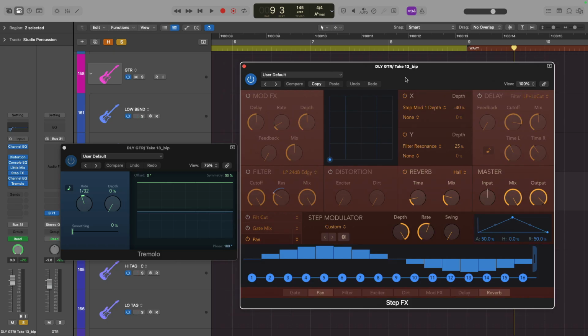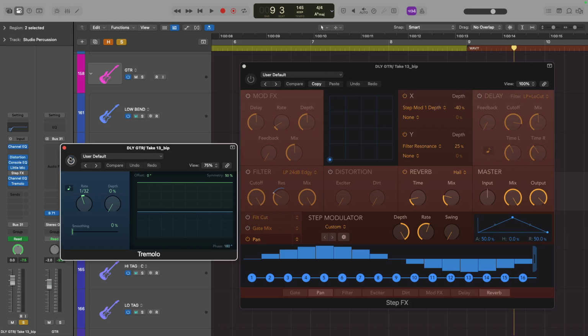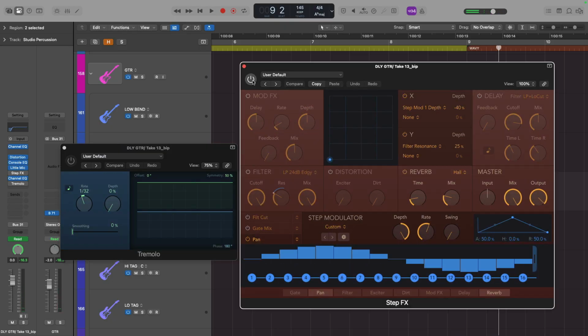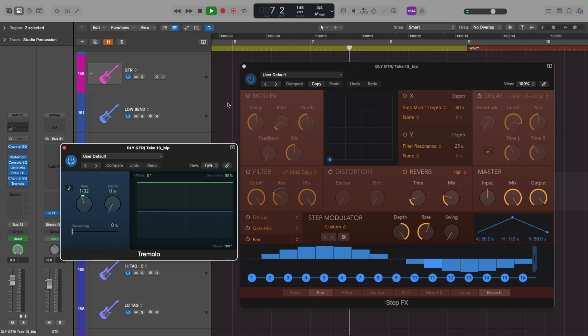So if we bypass the two effects and take a listen to the guitar, that's cool. If we hear it in the song, you know, it's okay, but with the effect in place,